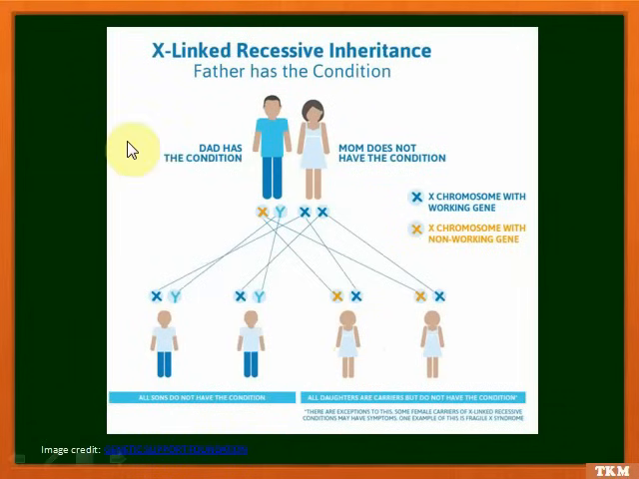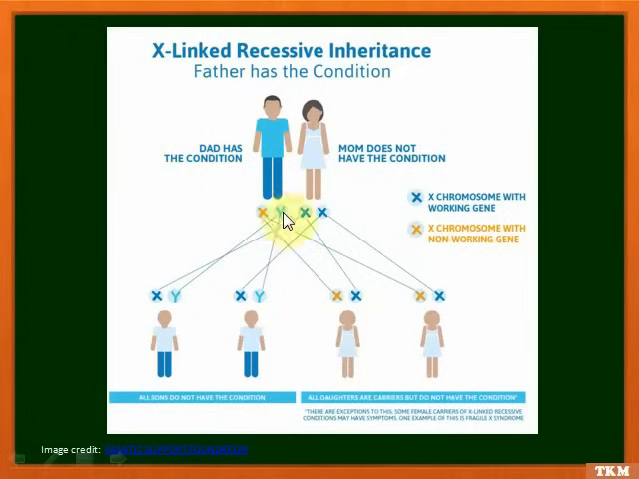Now taking the second case, wherein X-linked, again recessive inheritance, where father has the condition and mom does not have the condition. So over here, mom has XX chromosome and father has XY chromosome. Mom, both the X chromosomes are working fine, and dad, the orange color X chromosome, is a chromosome with non-working gene. So father passes on this non-working gene to both the daughters,